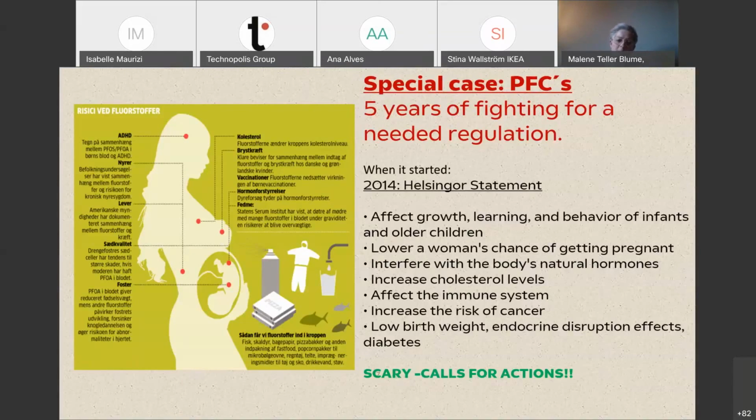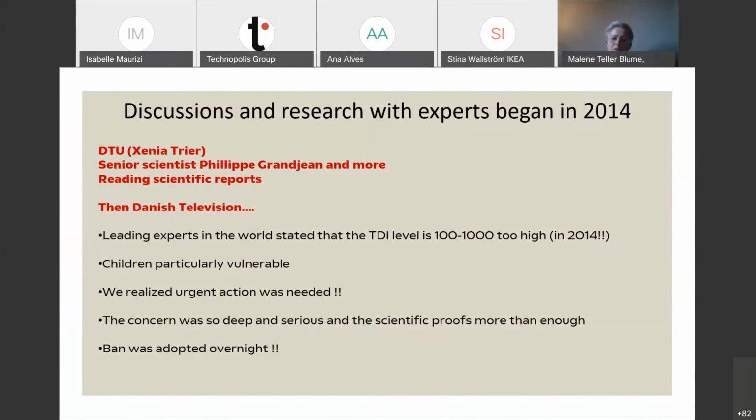and also to the environment. So we read the Helsingør Statement, in which leading scientists from all over the world said that we need to do something about PFAS in consumer products. And then we started to research and discuss, and had a lot of dialogue with the experts.